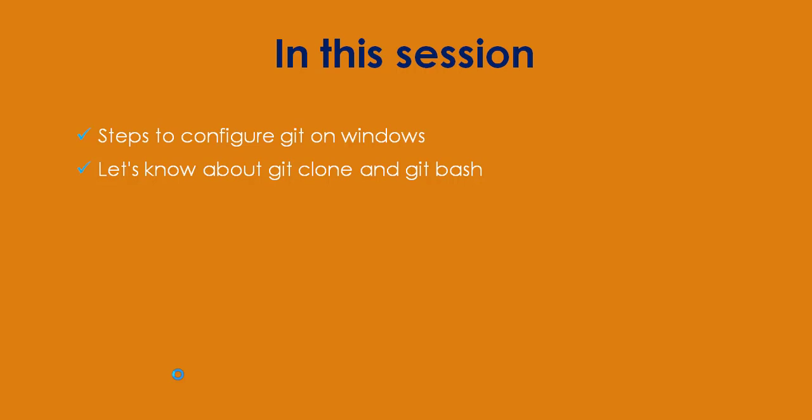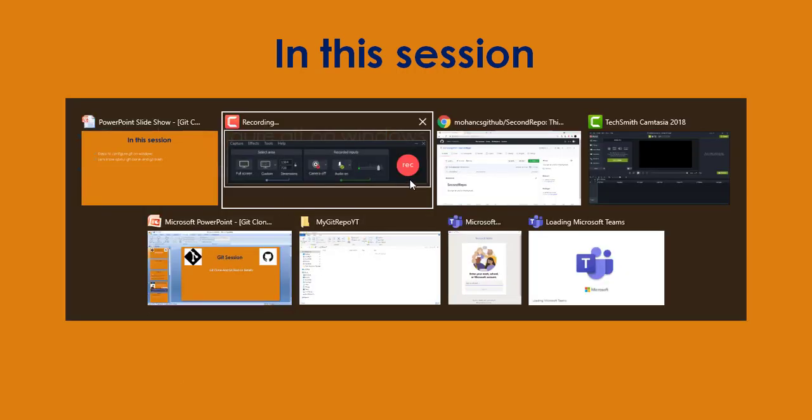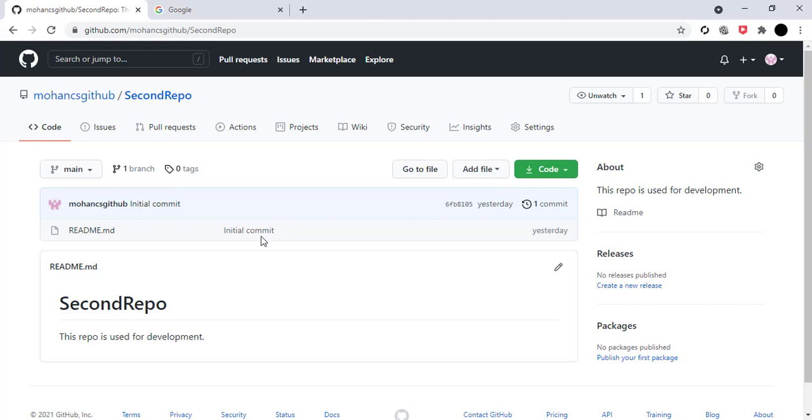In my last video I created one repository called second repo. Here, whatever files are present, I need to take these files to my local repository. For this I need to clone this. To clone this we need to select the Code tab here,